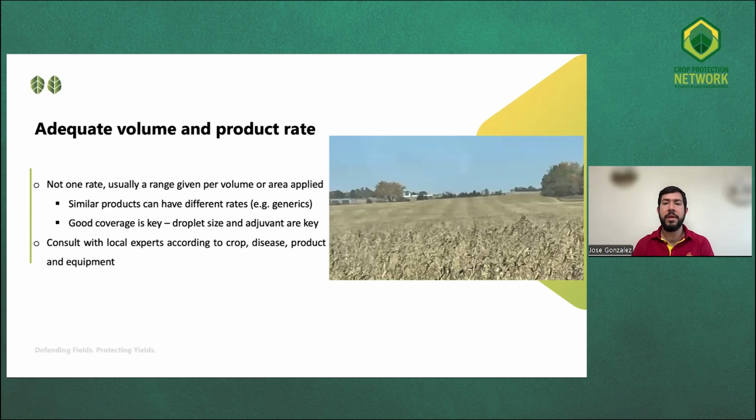And a good example of this is a case that happened a couple of years ago here in Iowa, where a farmer did an application with a drone in his cornfield, and when he was combining at harvest, he noticed a pattern of strips or bands in his field, and that's where he noticed that there was a failure in the coverage on his application, because there were